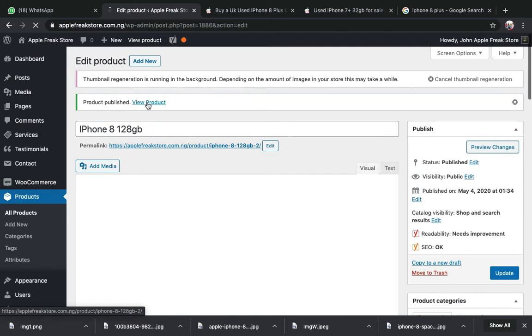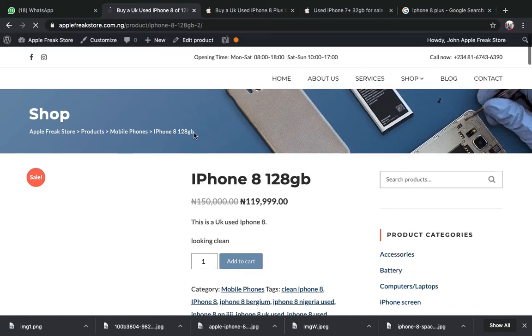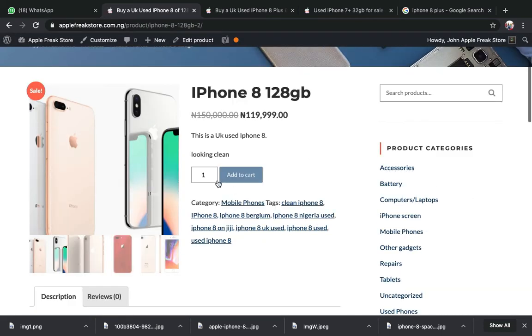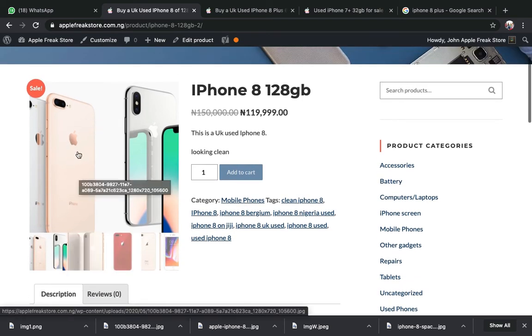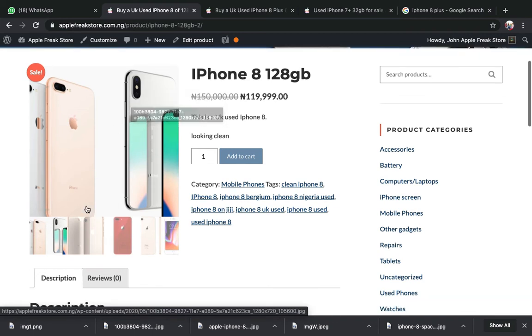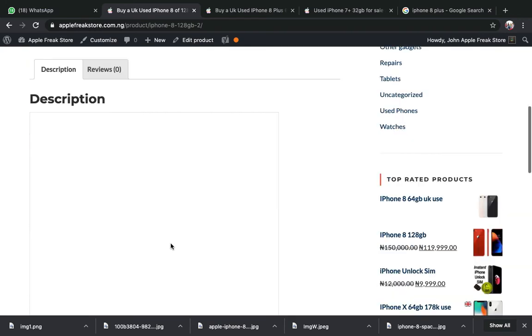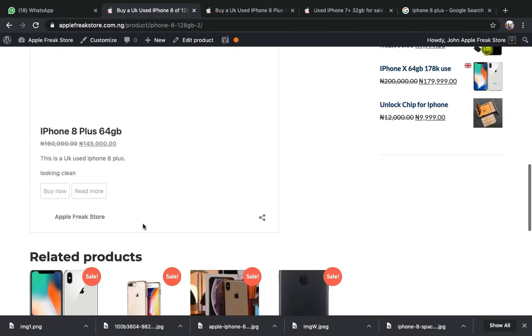Like you can see, iPhone 8, 128 gig. Now you can see the featured image or the product image. These are the gallery images showing here at the bottom, and if you look, the long description is now showing this other iPhone 8, but it's not really looking nice because it's supposed to show a preview, but it's not showing anything. So I'm just going to come back to edit product, and I'm going to